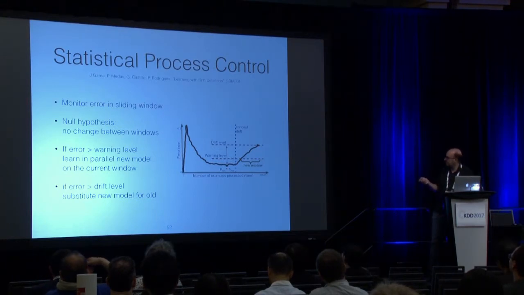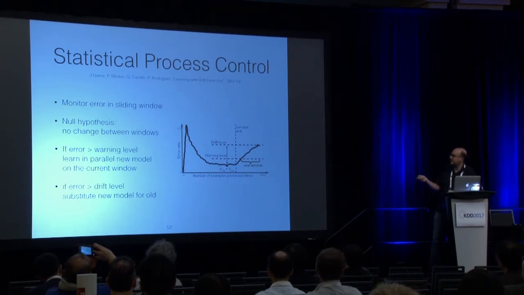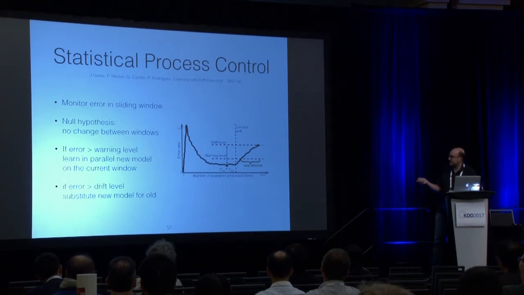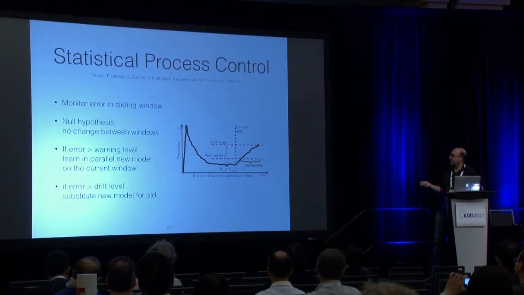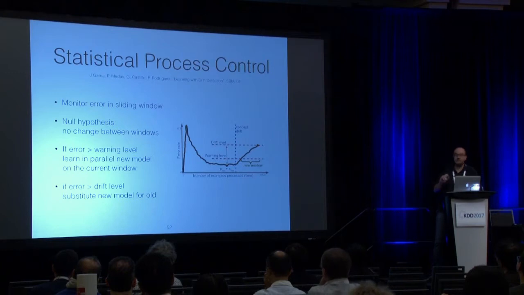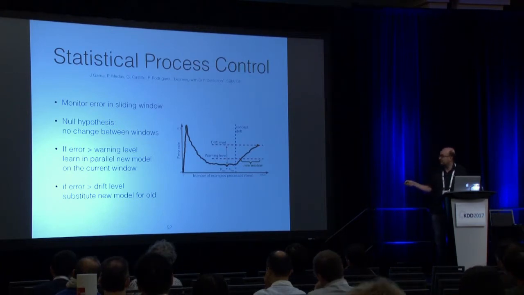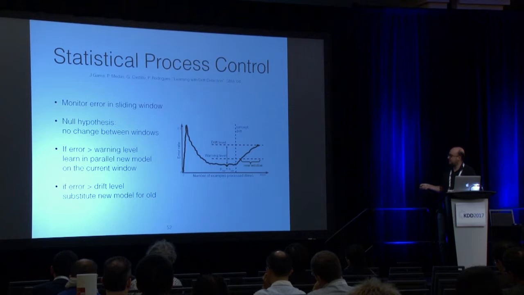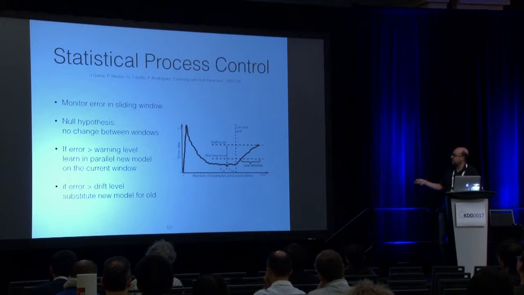Let me show you this example. Here we have the error rate of a stream classifier. At the beginning, the error rate is high. After we get more instances, the error goes down until it gets into a stable phase. When we are in this stable phase, if there is no change in the data, we stay inside this phase. But if there is change in the data, the error is going to go up. And once the error goes up, at 2 times the standard deviation we raise a warning signal, and at 3 times we raise a